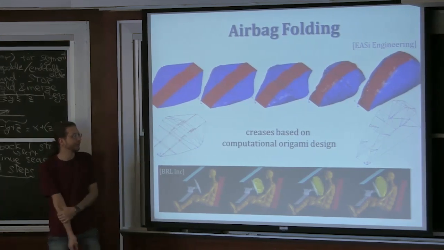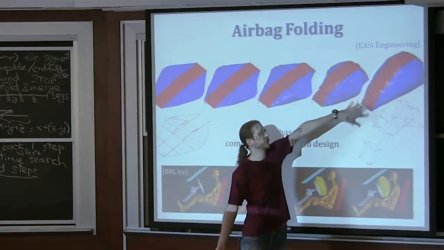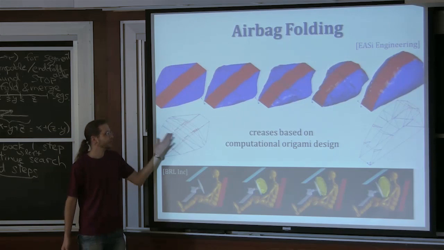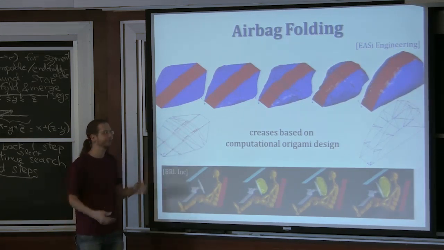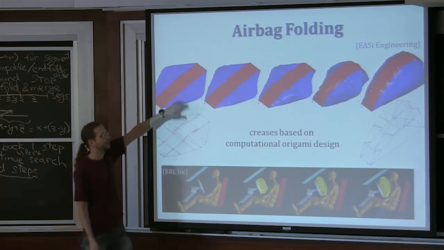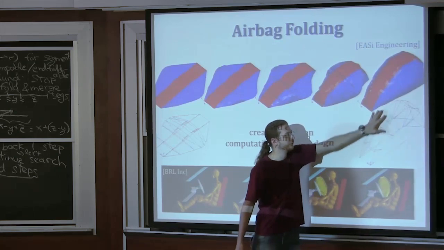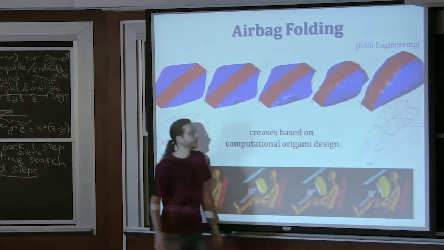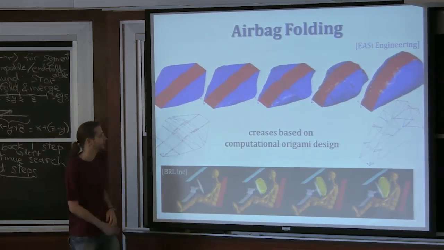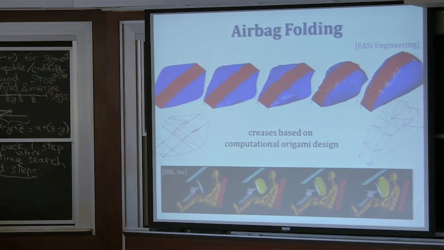Airbag folding is one example. Here you actually start with a 3D shape. There's no sort of unfolded. It's been sewn into a 3D shape. And then you want to collapse it into some nice flat shape for storage in your steering wheel or the side of your car or whatever. And this is an example of folding using flat origami designs. This crease pattern is based on the tree method and other stuff we haven't covered yet, fold and cut. So that's sort of the practical answer.